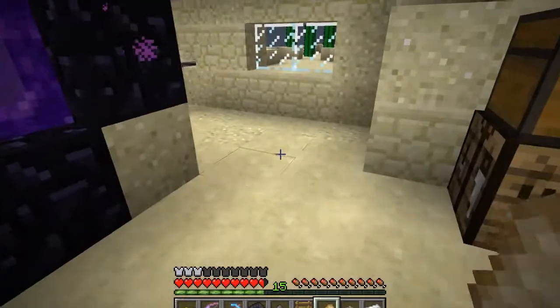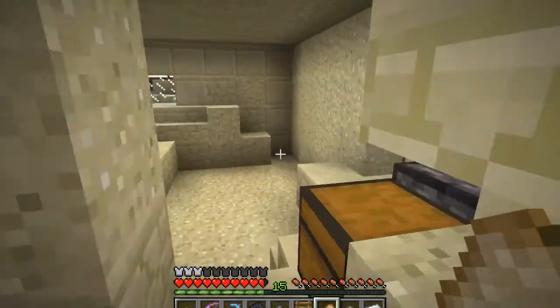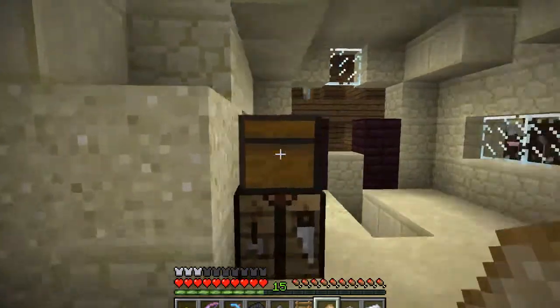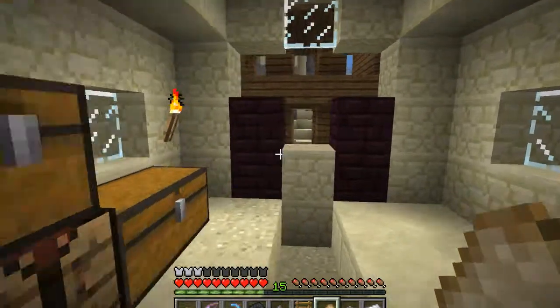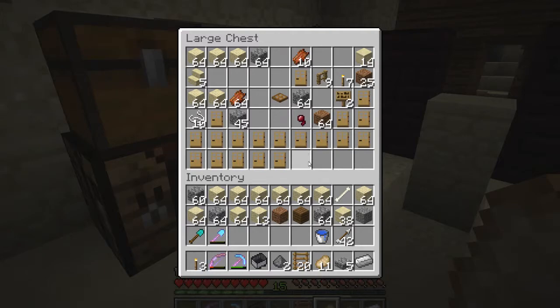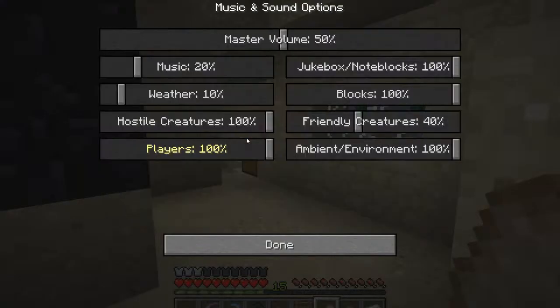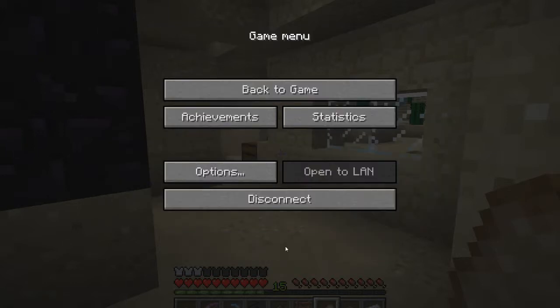we did a little wither fight to get a new... Things are dying. Hurry up, guys. Actually, one thing about it, we are in 1.7 at the moment. We've now changed to 1.7